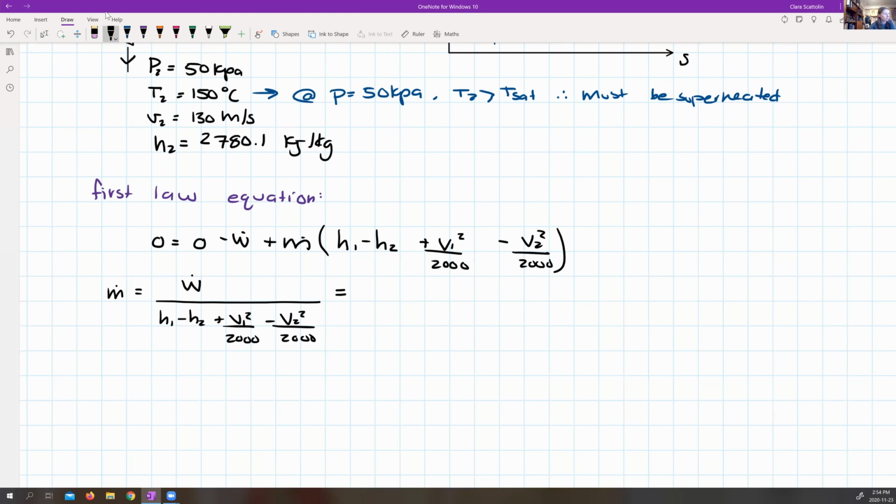So I know my work was 5 times 10 to the 3 kilowatts. I know that my enthalpies I was able to find from the tables. So I had 3,650.3 minus 2,780.1 kilojoules per kilogram. And then I'm going to say plus